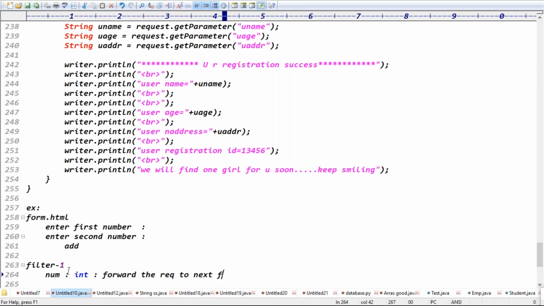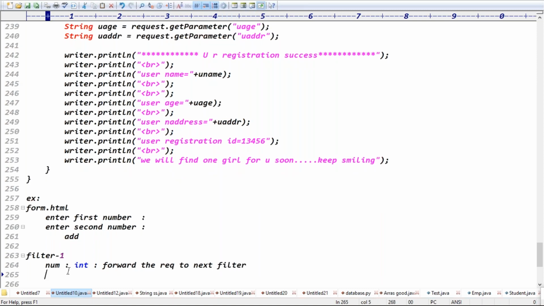Yes or no, guys? If it is not a number, it means an error response: enter valid integers. The statement is clear.